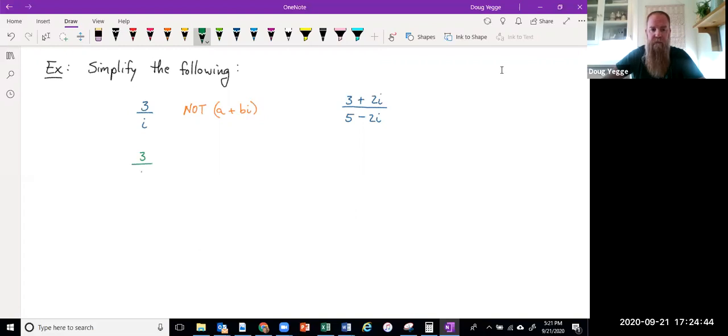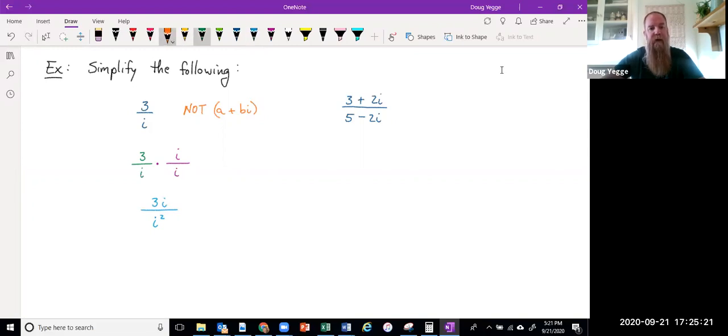So if I think about 3 over i, I need to multiply by something that's going to eliminate that radical in the denominator. That is a radical because I know that it's the square root of negative 1. So notice we can multiply by i on top and bottom. Look at why that was beneficial. We know that what's going to happen here in the denominator is that I get i squared, which is now back to a real number again, while the numerator becomes 3i.